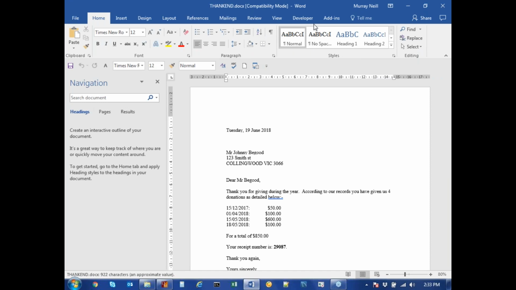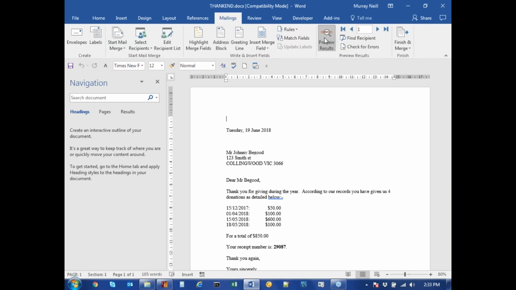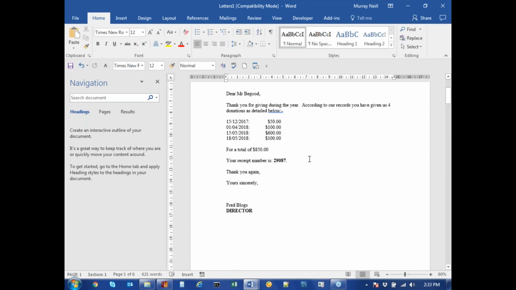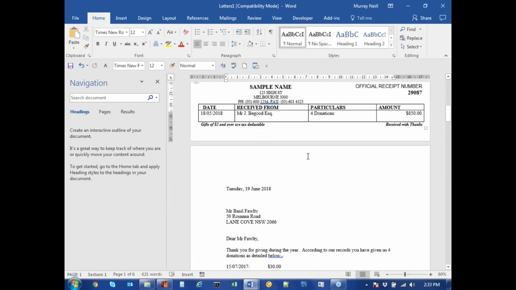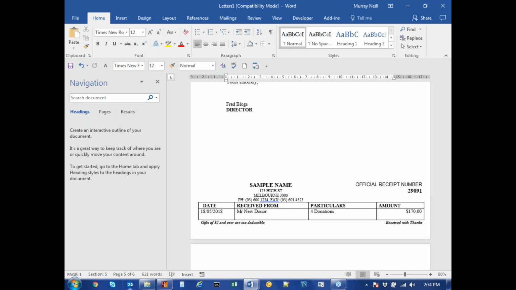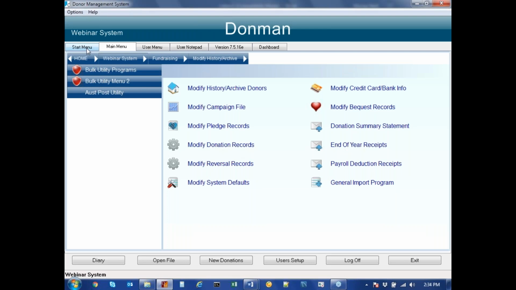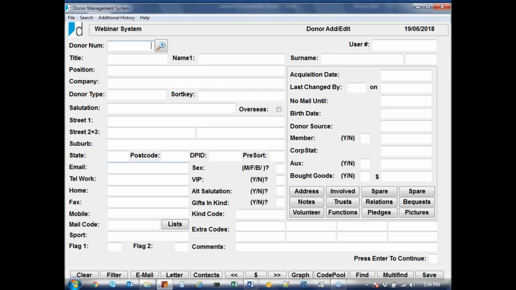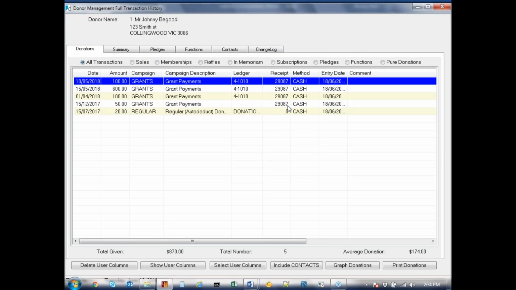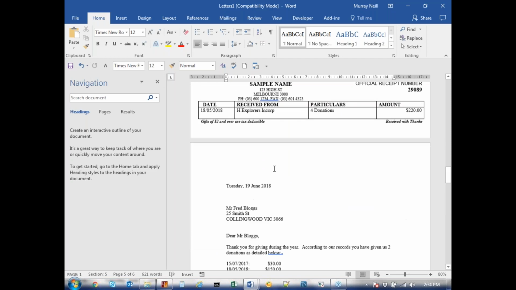So again, I would simply go into mailings, finish and merge, edit individual, and it has now actually produced this receipt, and this is what you would print and send to the actual donors themselves. Okay, so if we go back into the system, now when we check that donor, you can see that it's assigned the next available receipt number to that particular person, 29087, and when we go into Word and go back to the top,